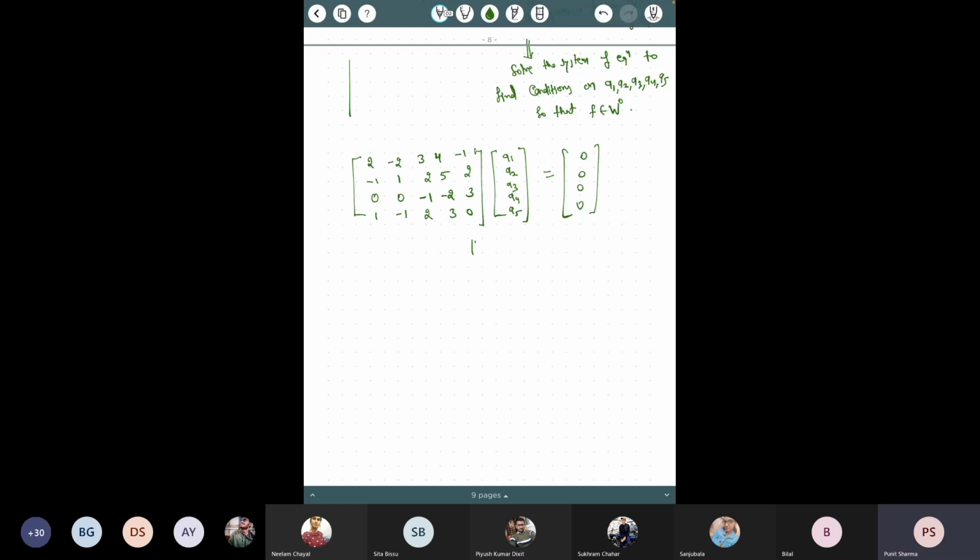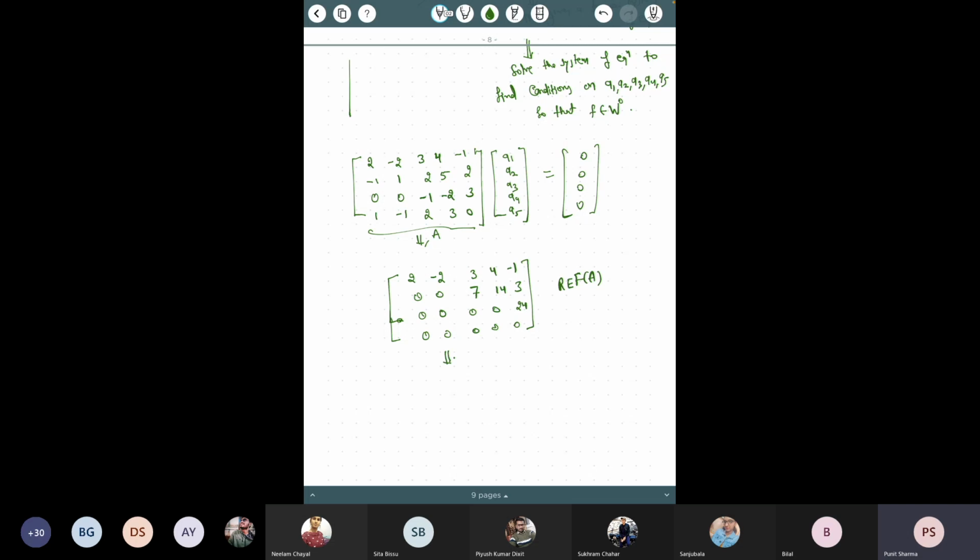So for example, when you use the row-reduced form, the row-reduced form of this matrix would be, I'm directly writing this: 2, minus 2, 3, 4, minus 1, 0, 0, 7, 14, 3, 0, 0. You can verify this, okay? I'm saving some calculation time here, and the last row would be 0. So this is actually the row equivalent form of A, if I call this matrix A. But what does it mean?